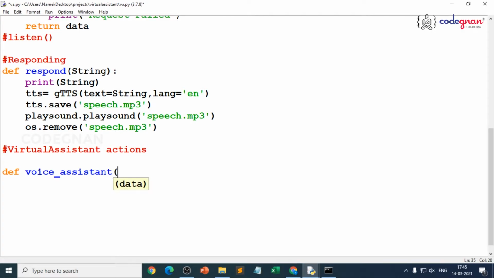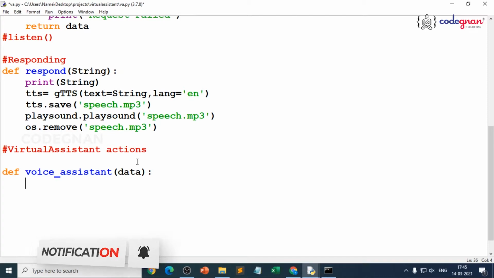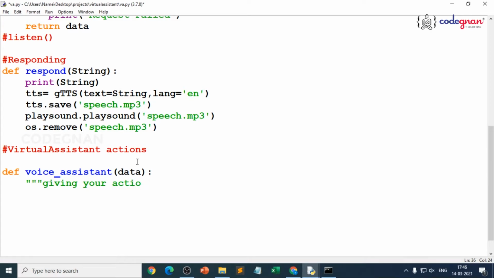It is expecting the input data. See, it expects the data, because voice_assistant of data. I mean, if you created it earlier, it will expect the data, but it is a new function, so you will not get that thing. So it's fine. So voice_assistant of data. So it will expect whatever action you wanted to give, you should just go with giving your actions here. That means first we should make our virtual assistant communicate with us, right? Whatever speech we give, it should be converted to text format. That is done by speech recognition.